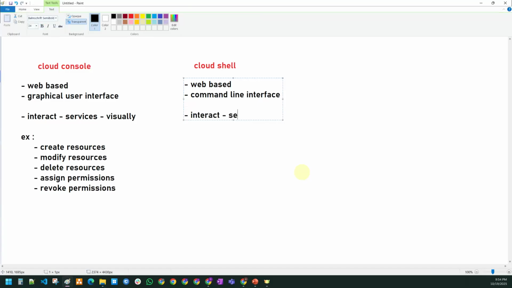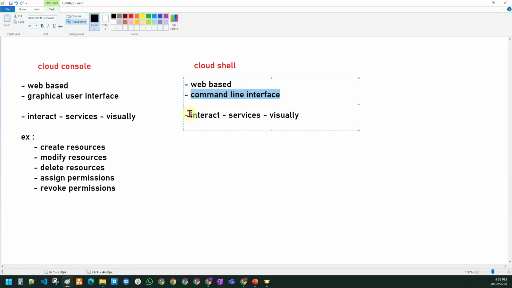Cloud Shell is a web-based command line interface, guys. It is also available over the web only, and it is a command line interface, right?